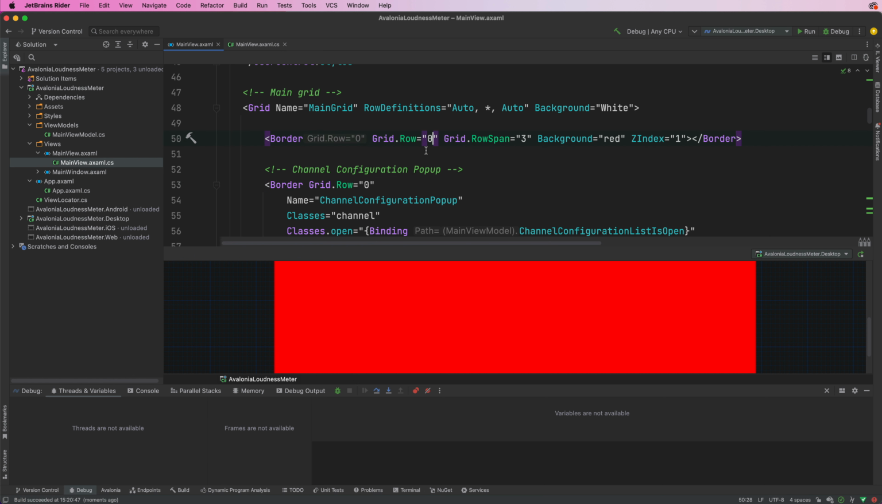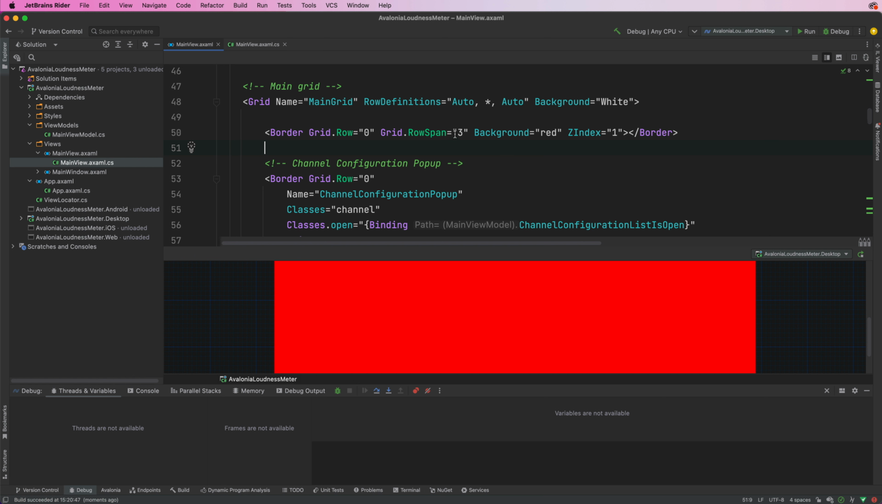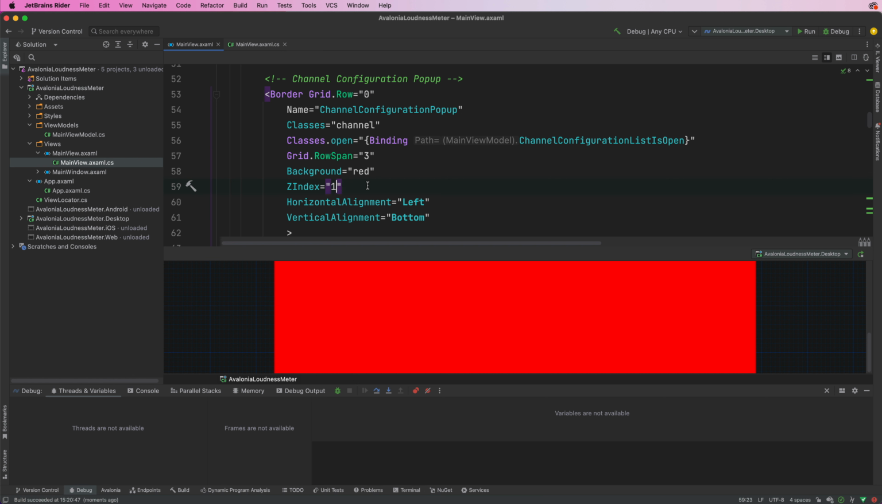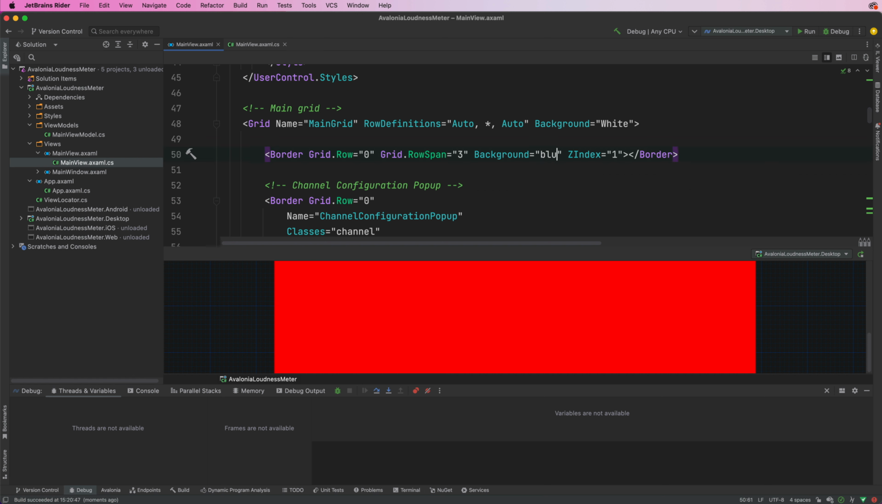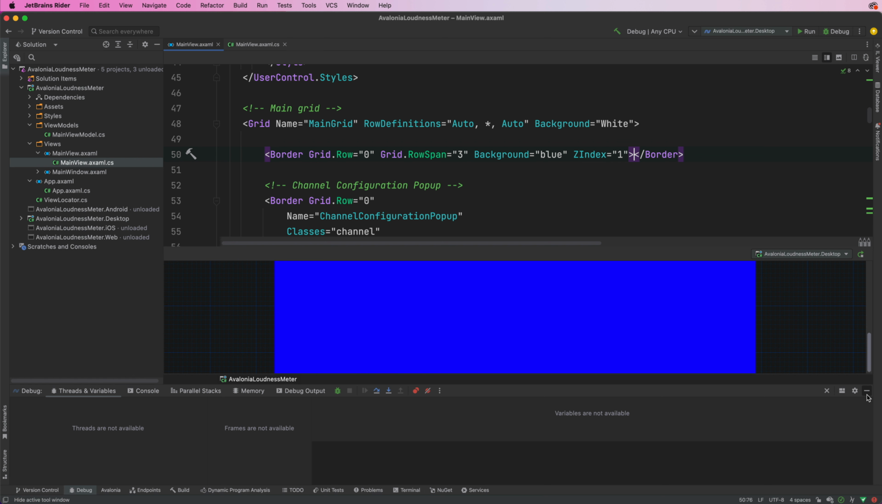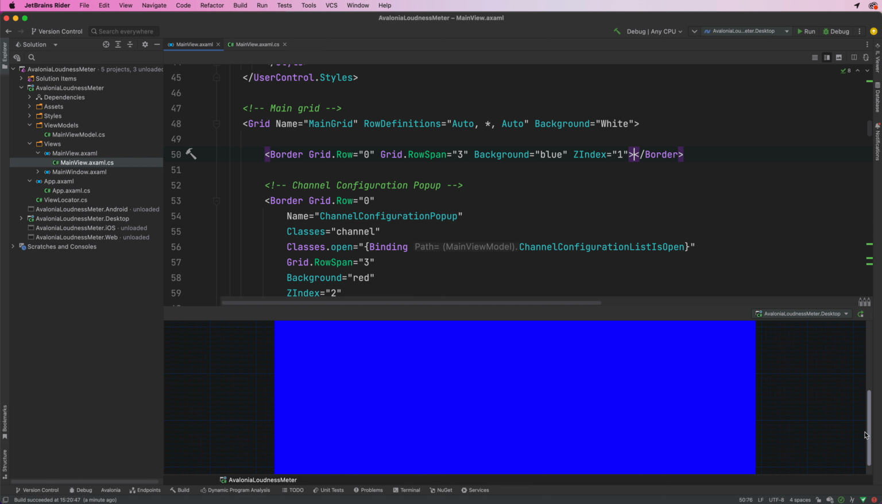So we'll explicitly set the rows. There we go. So we span over everything like we did here, and then change this Z index to 2. So this menu sits on top. Let's change this to blue, say. And what you will see then is if the menu was visible, you would actually see it over now. So this blue is going to be